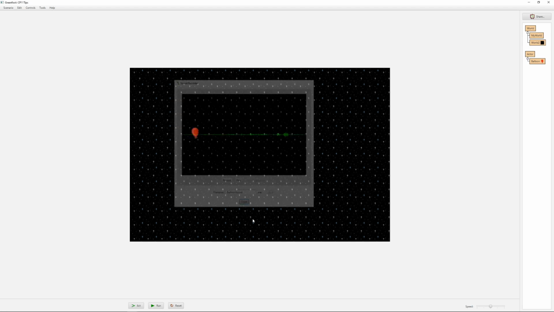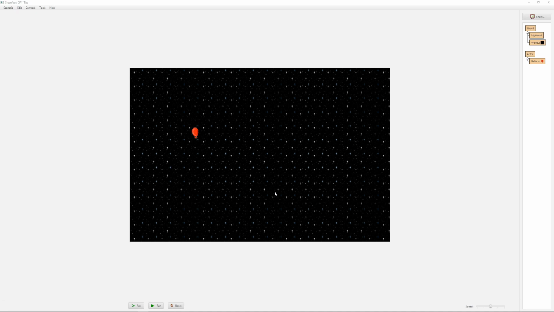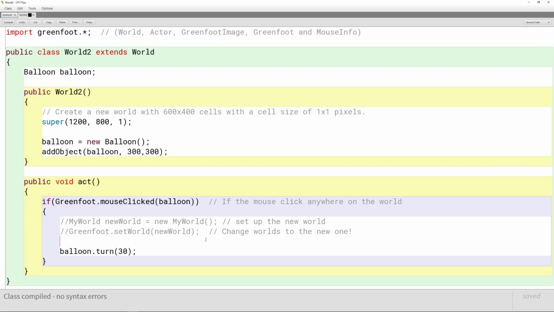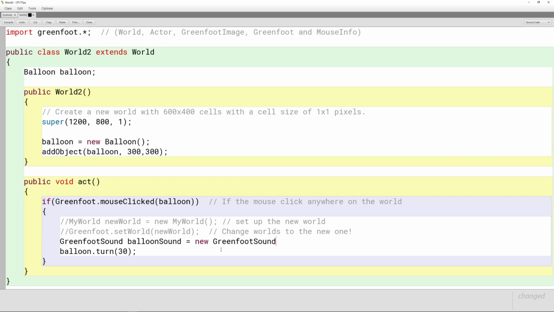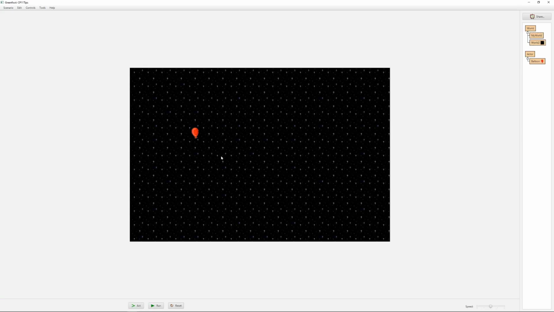I'm going to copy that name. And what I can do is actually go back into my code here. And before the balloon turns, I can just go, let's go, I'm going to make a Greenfoot sound. I'm going to call this balloon sound equals new Greenfoot sound. And I'm going to paste in the name .wave of that sound file I just recorded. Now, when I click the balloon,